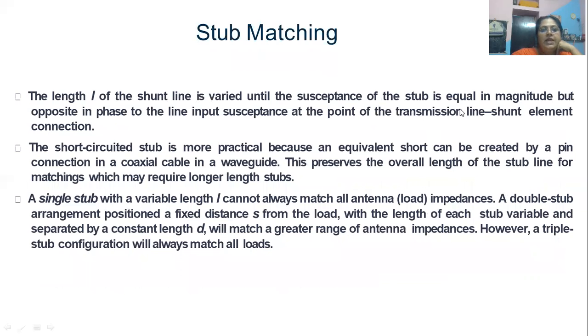The length L of the shunt is varied until the susceptance of the stub is equal in magnitude but opposite in phase. So sometimes it is kept varying, or as per the requirement, sometimes we will require double or triple stub